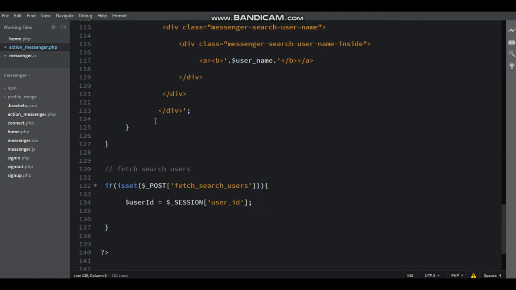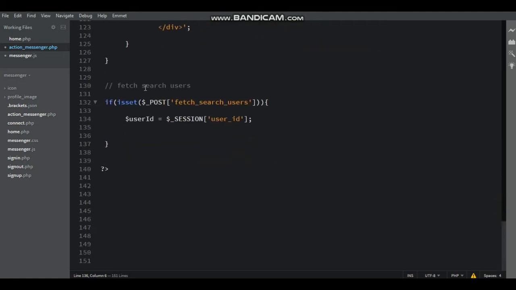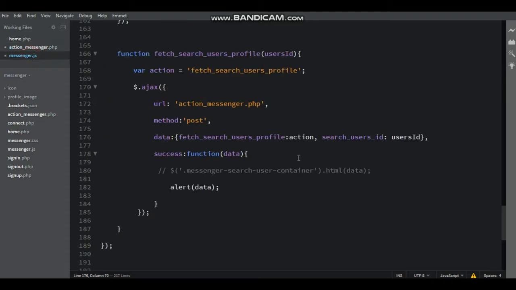Now here just change the tag also. Here fetch chat users profile and chat box. Now here is sending the post method, fetch search users profile.